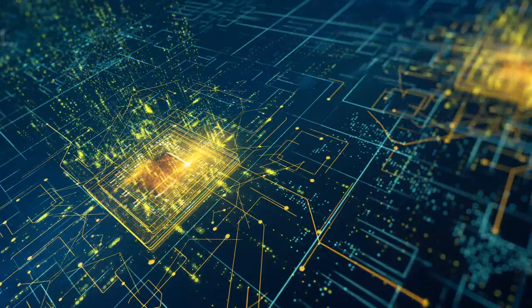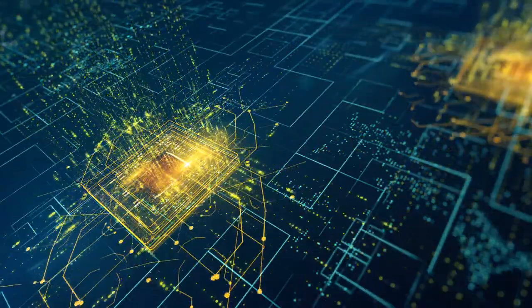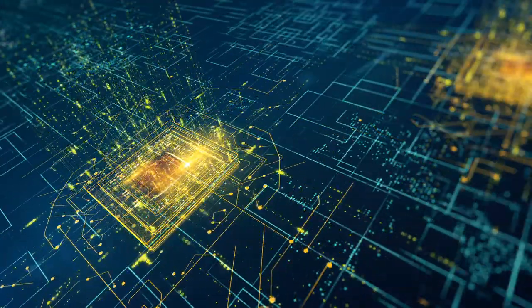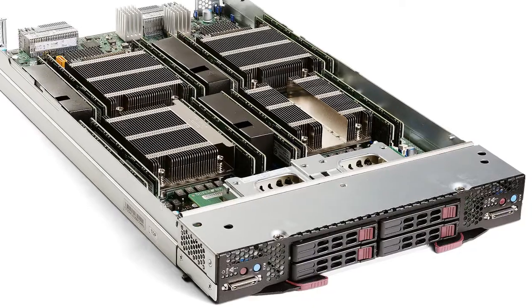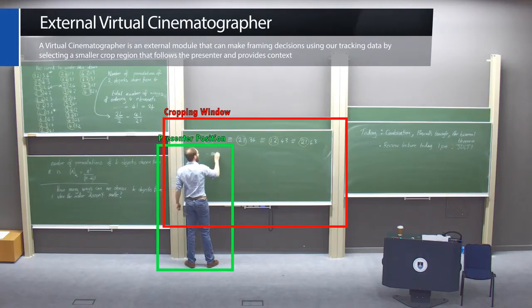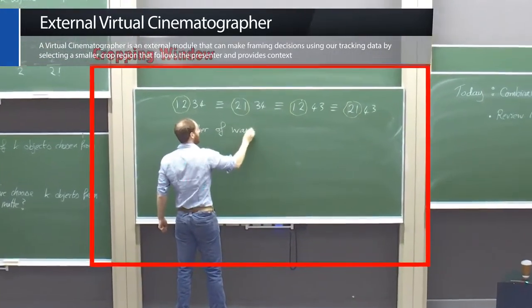However, since the captured videos of a high-resolution static camera are very large, our post-processing solution utilizes only fast, CPU-based low compute cost algorithms and heuristics running on middle-tier hardware to approximate a presenter's motion, gestures, and board usage in a range of lecture venues. This tracking information can then be passed to a virtual cinematographer to reduce the file size by segmenting a smaller